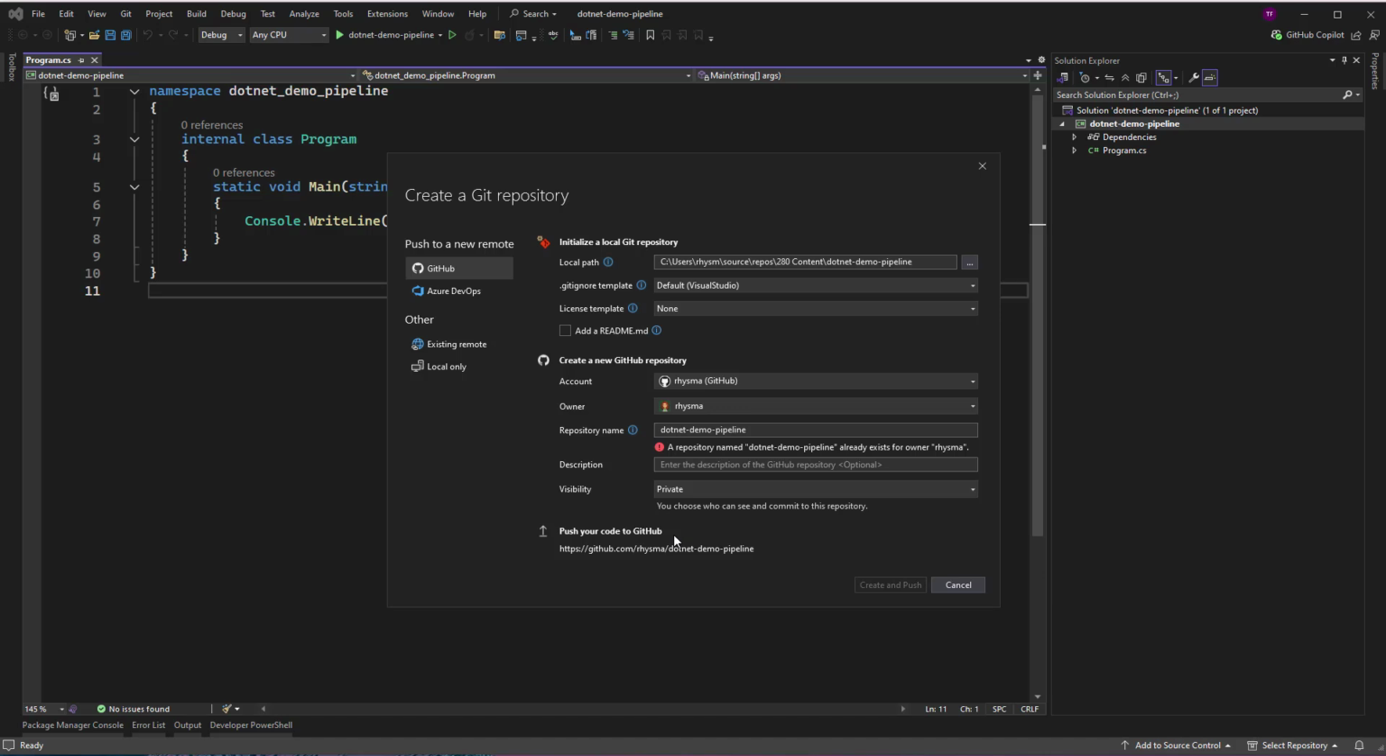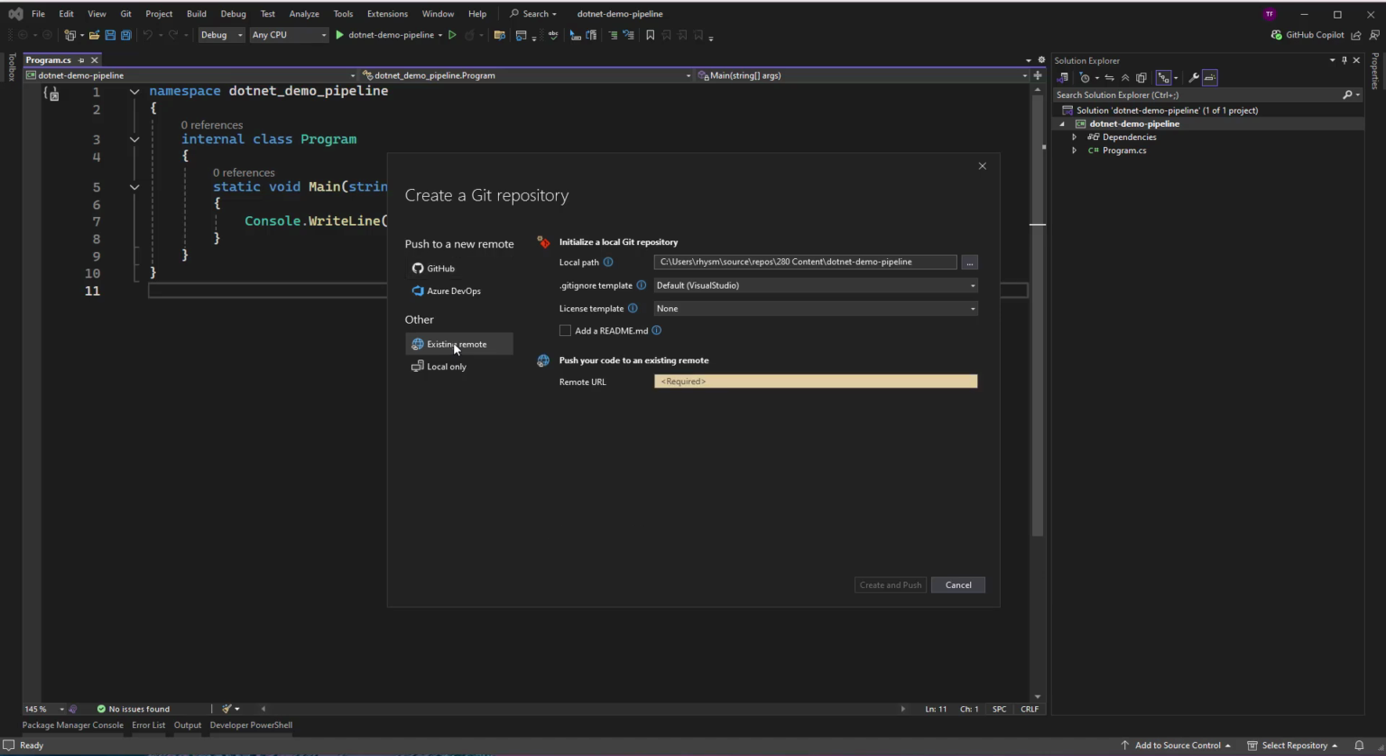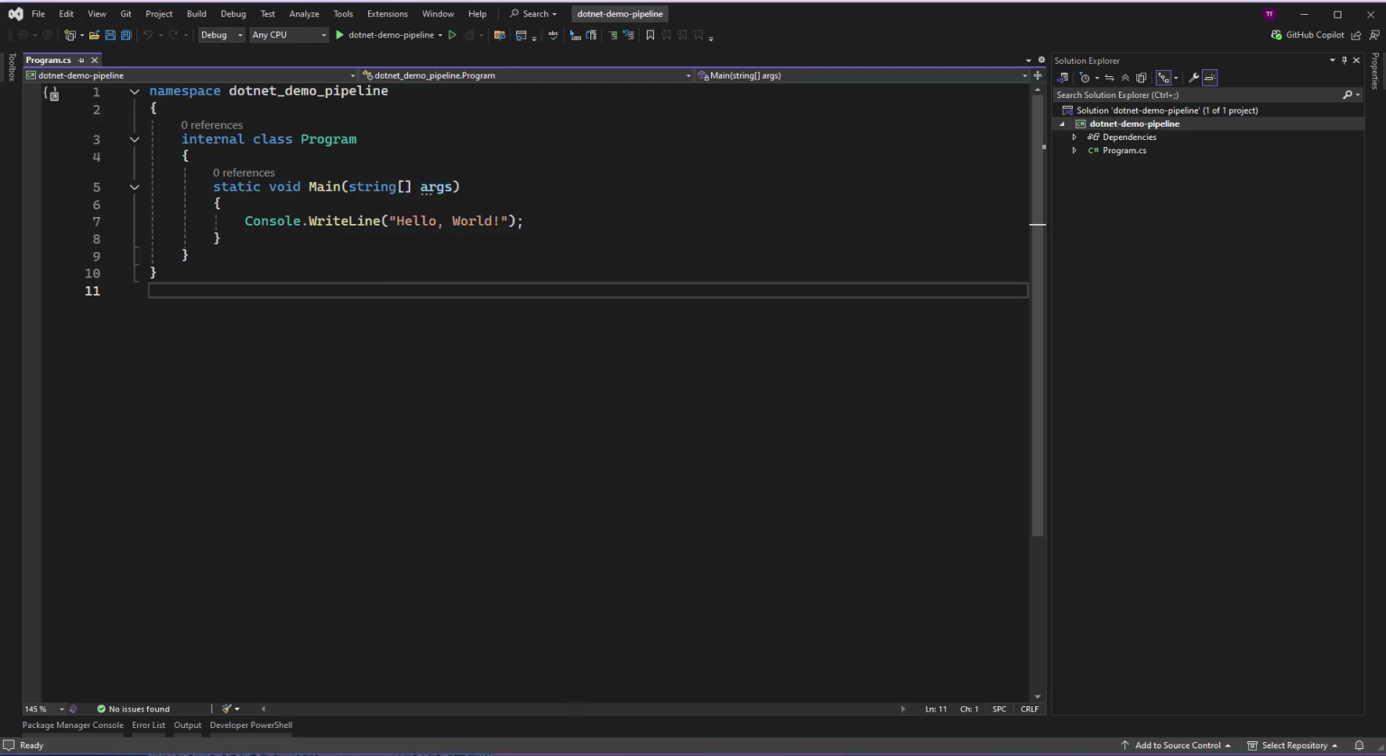Now, we don't want to create a repository. Of course, you can. If you didn't want to go to GitHub and you wanted to just do this all in Visual Studio, you can do this here. But if you go to Existing Remote, you can actually just paste that existing remote link right there, and that is how we are going to get connected. So we will create and push,